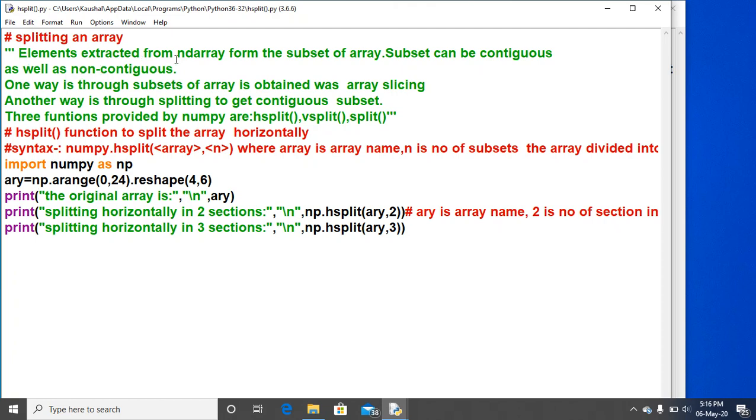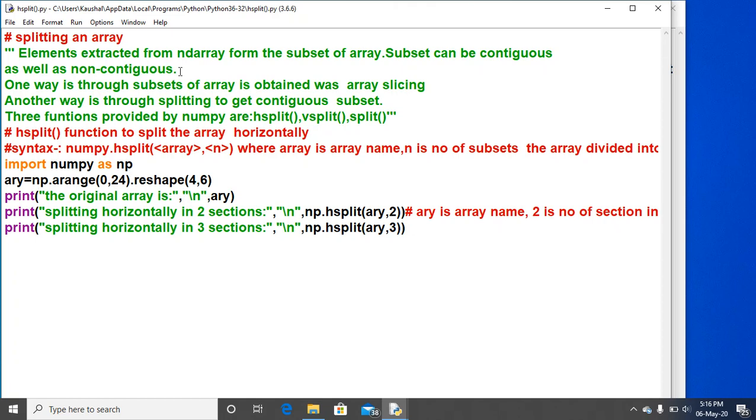Elements extracted from an ND array, or simply the array, form a subset of the array. The subset of an array can be contiguous, that is one after another, as well as non-contiguous, from here and there.